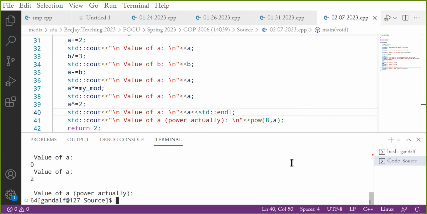Everything worked out. And at the end, when I used POW or the power function, I have 8 raised to the power of 2 because the value of A is 2. 8 squared is 64. Good? Okay. Now,